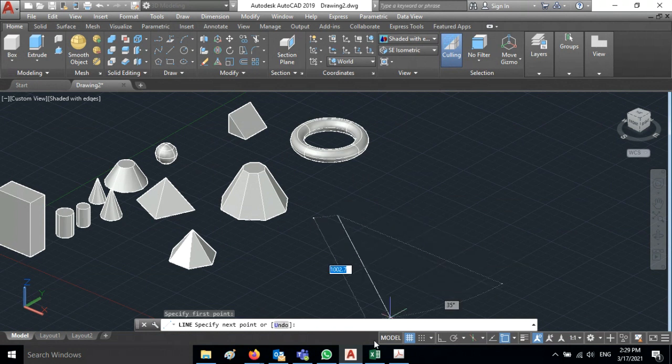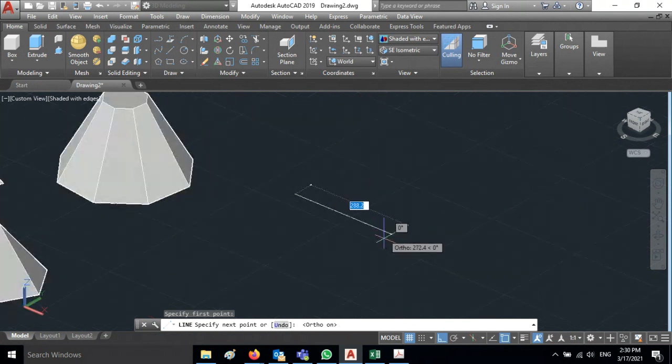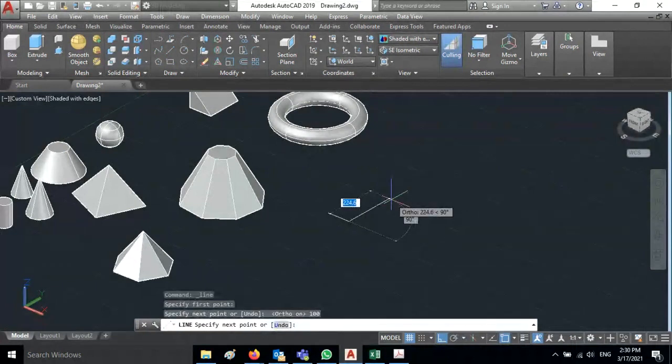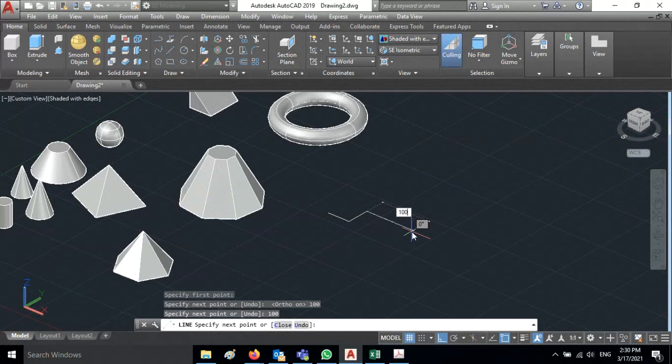Now I'm using the first point, and I'm going to use ortho mode, and here let us say this is 100, and this one 100, and here 100, and this side 100, this side 100, and this side 100, and then this one exactly the same as this.